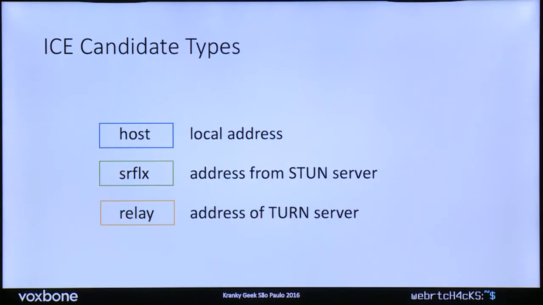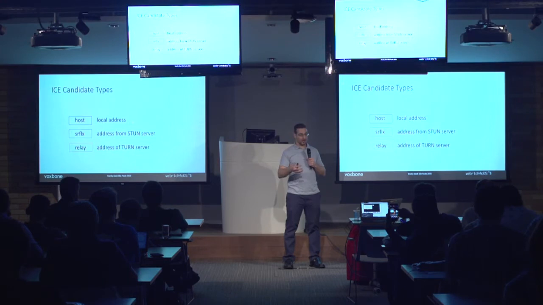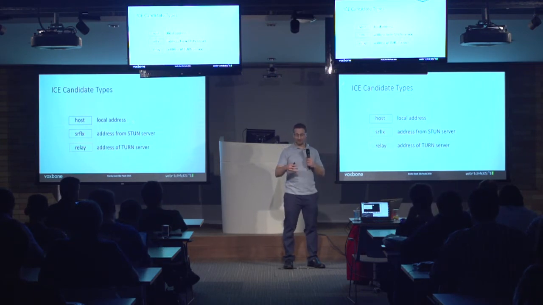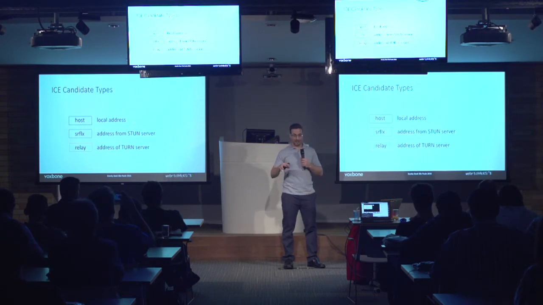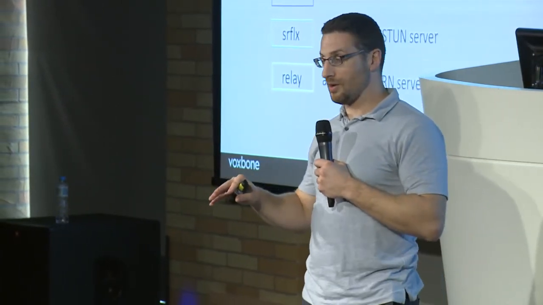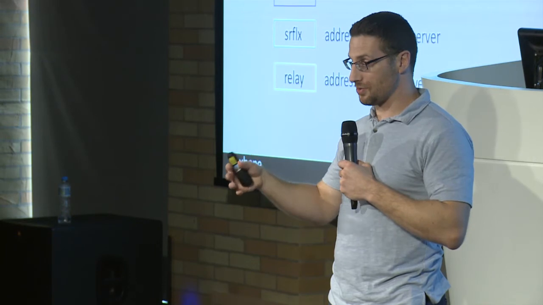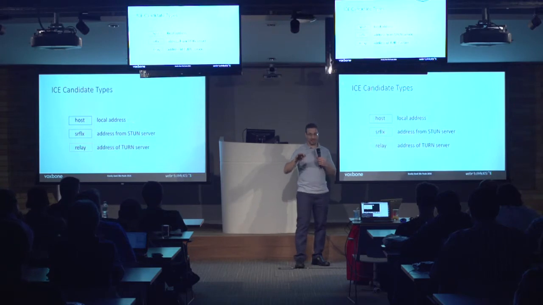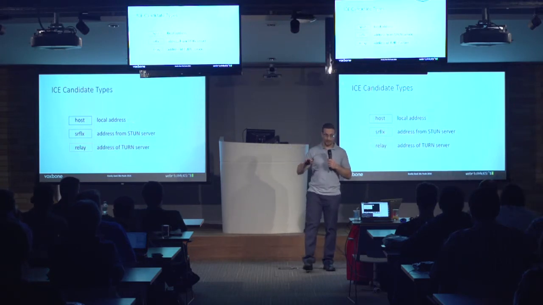Right. So just to recap some other terminology you saw there, there's a couple different ICE candidate types, right? A host candidate is when you can use a local address. So probably what happened when we tried doing the Jitsi Meet call that Herman used to open the session, most of us, since we're all on the same network, we're probably able to use a local address and connect that way, right? That's known as a host candidate. You might hear another term called reflexive or server reflexive candidate, right? That's an address that's returned from a stun server, right? It's reflexive, basically gets reflected back and lets you know what your address is. And the last one is relay, right? A relay candidate, and that's coming from a turn server,